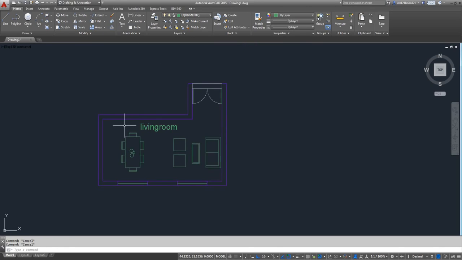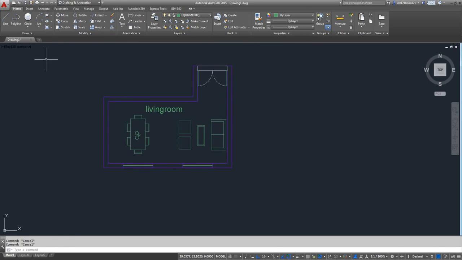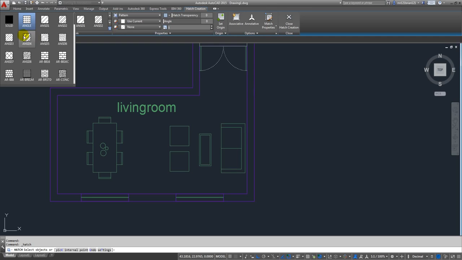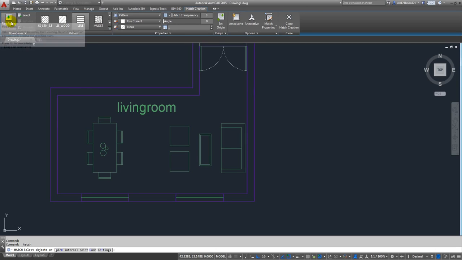Now what we are going to do is use hatch. Hatch is this tool right over here. You can press it. First, what we are going to do is change here the layer and go for hatch. Press here, and it's going to be used for the shapes, the patterns we are going to use. In this case, we are going to use line, and you can see if we pick points,